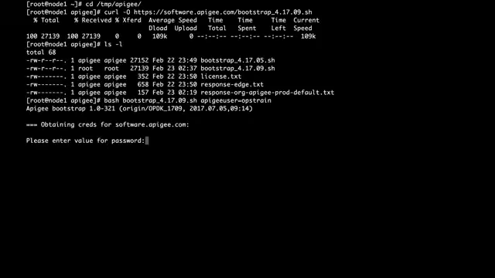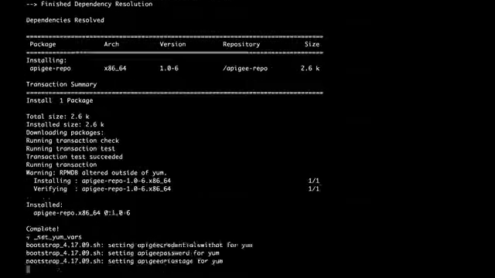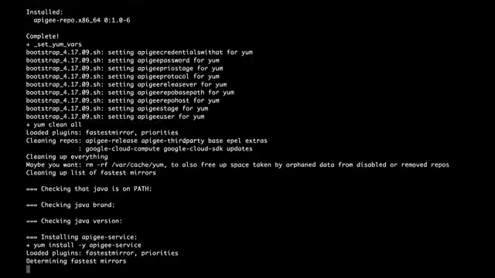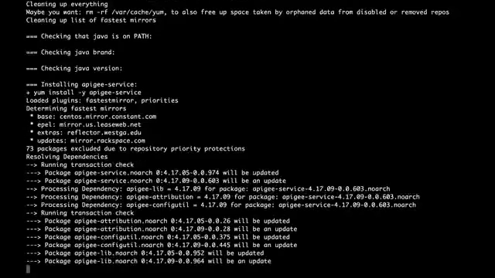There are some other arguments you may wish to use if you are hosting your own repository mirror or tarball. For instance, the Apigee protocol argument can be set to http:// or file:// if you are not using the default TLS encrypted HTTP connection. The Apigee repo host argument is useful if you are using a local mirror of the repository.